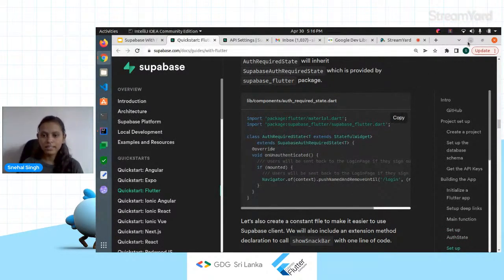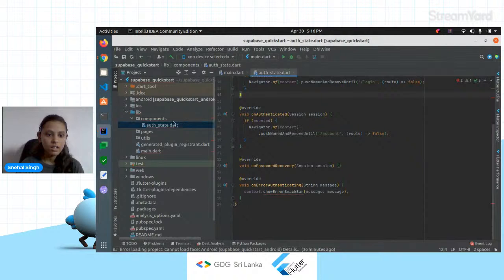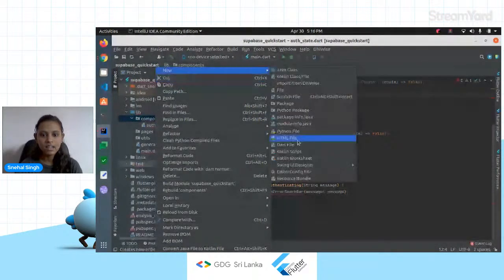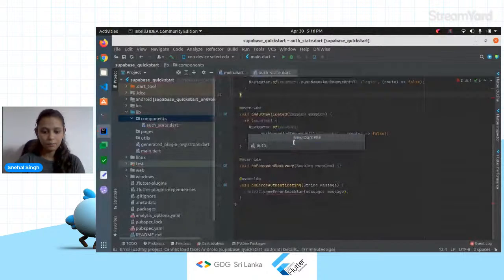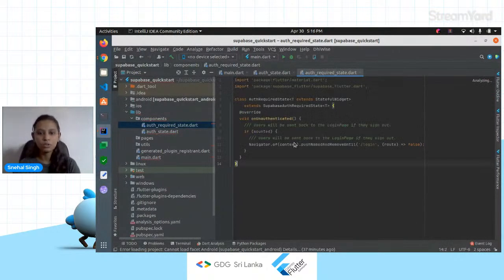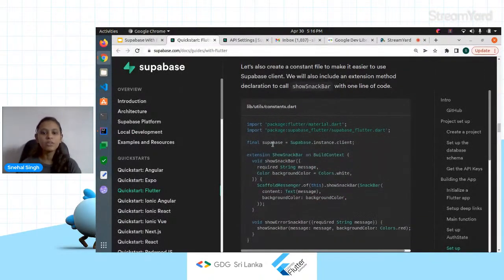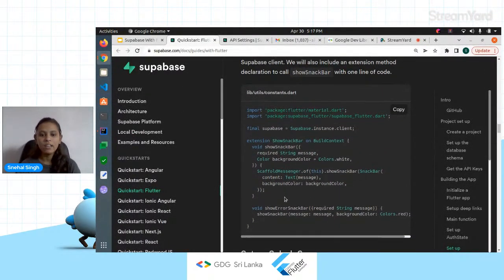So just copy this, and you can create one new file inside the component, that is auth required state, and going to paste it. Yeah, so we have done with two files, and after that we are going to add the constant file which has